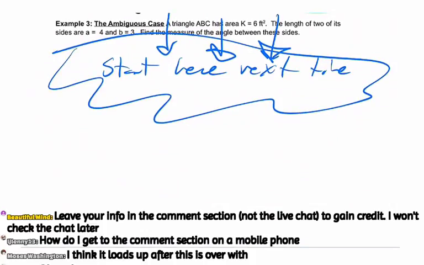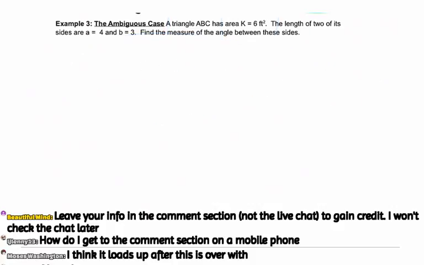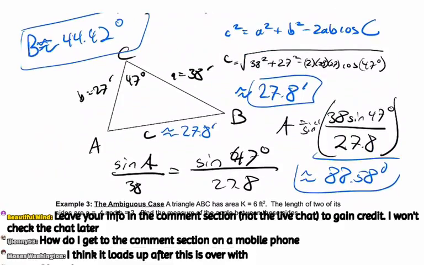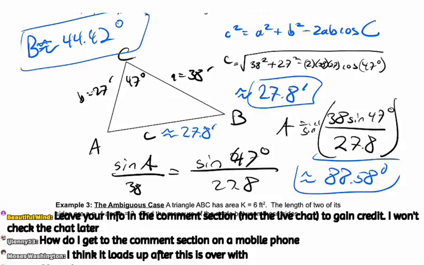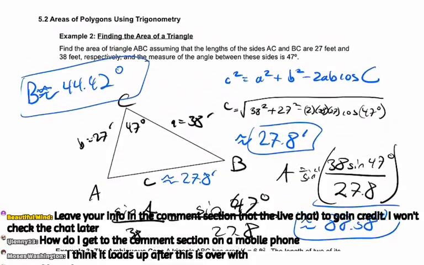Okay, let me clear this information that we're not using. So here, this example 3 says the ambiguous case. It says triangle ABC has this area. Oh, and then the previous one, I don't think we finished it all the way. It says find the area. So we solved for the triangle, but with this previous example,